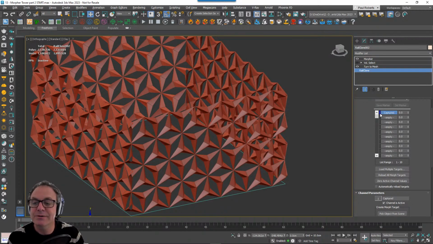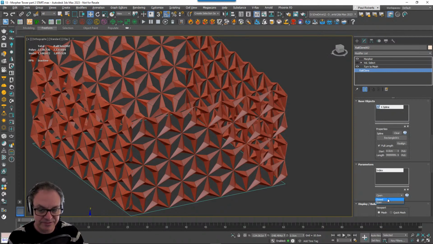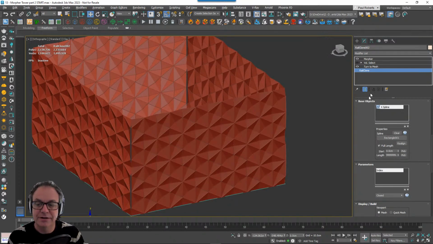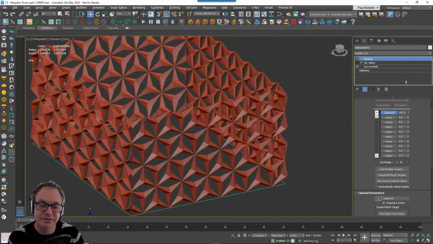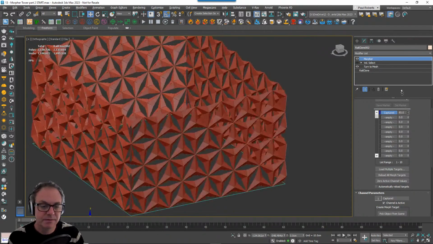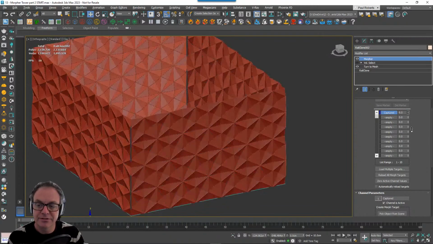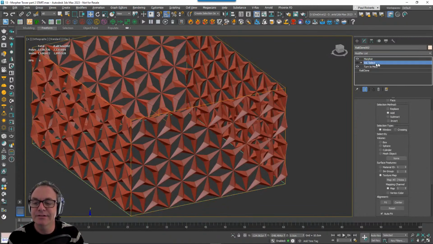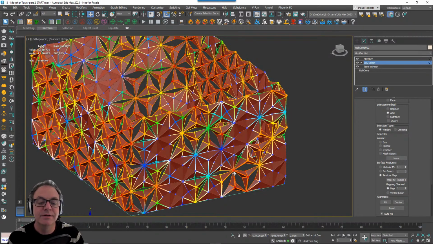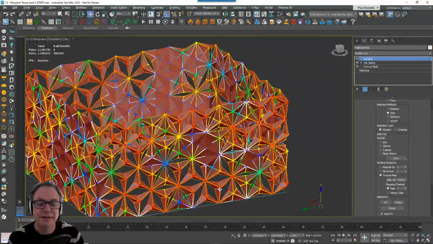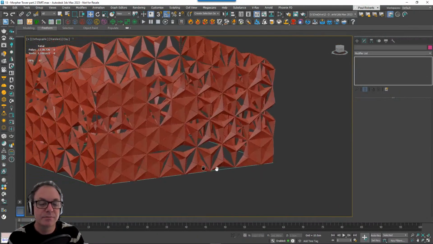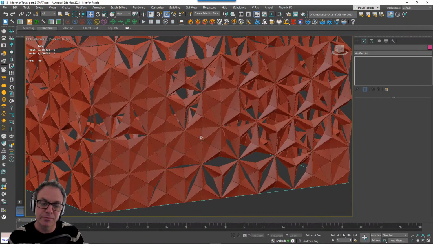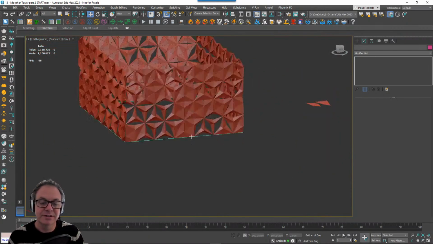Then I'll come back down to RailClone. Go back to its closed state. So now if you imagine in the bottom here, I've got it in its closed state, and in the top morpher modifier here, I've got it in its open state, and I can animate between those by changing this value. And that is pretty much it. So if I put that up to 100%, then I can go into this volume select, turn that on, and then I'm using a volume select with a noise map to randomly pick vertices and pass them up to the morpher modifier to get some interesting facade shapes there.